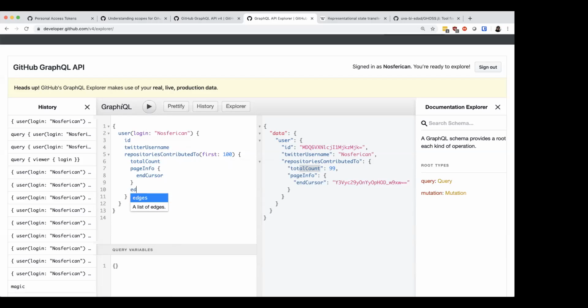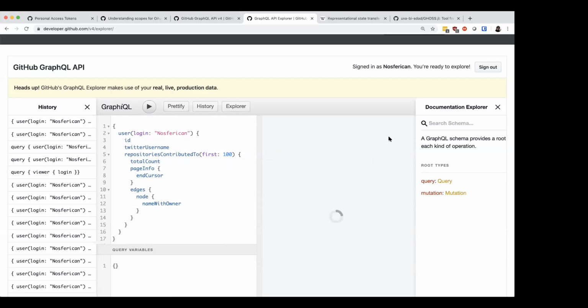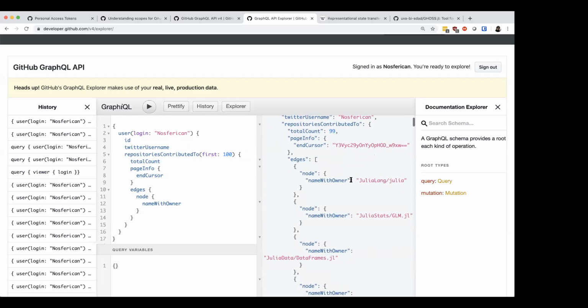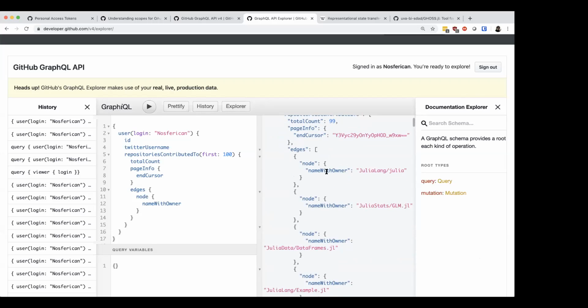So what I'm going to do is call the edges. And for each node, I'm going to get the name with the owner. So now I have that information here. And I can go from what's the user. I get the ID in case I need to query it again. I can get information about the user. I can get information related to that user from a different data hub, which in the